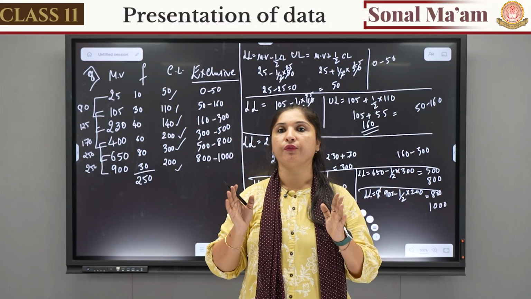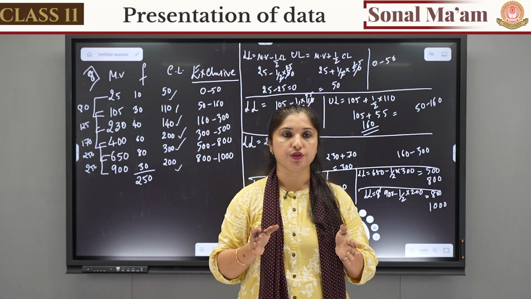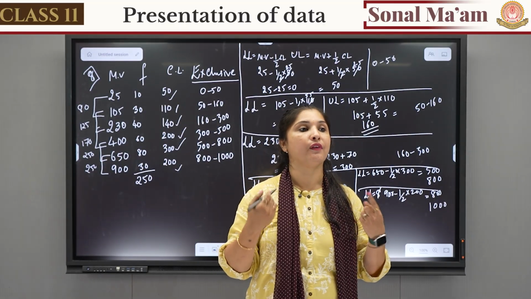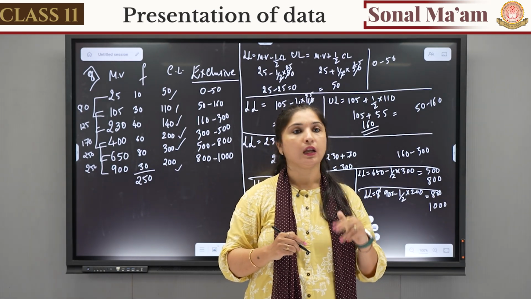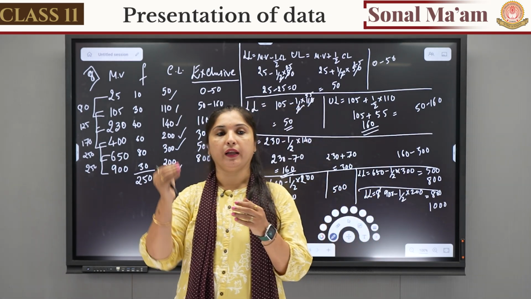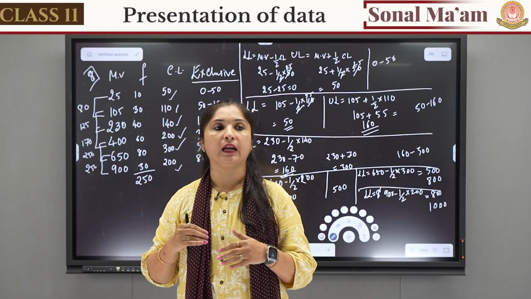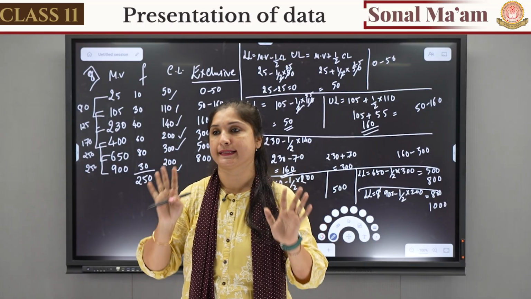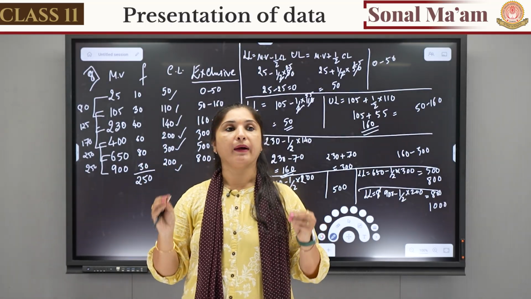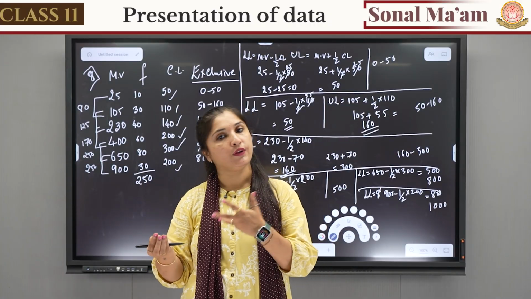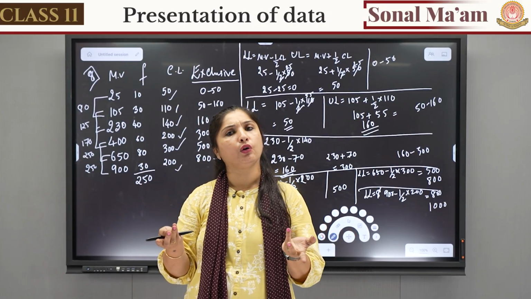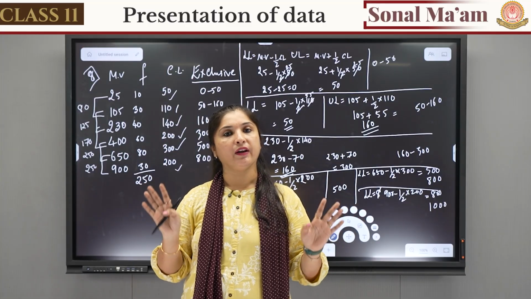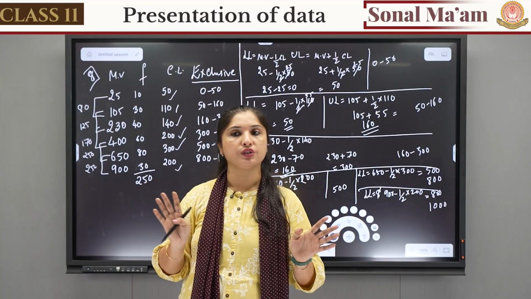Okay, what did we learn? We learned about the conversion. We learned that if mid values and class lengths are given to you, how to make the classes. From that, the classes that we will get will be exclusive classes. But if we want inclusive classes, we have to convert them. And if it is not given in the question to convert, what will we do? Let it be however it is. Okay, do not change it.